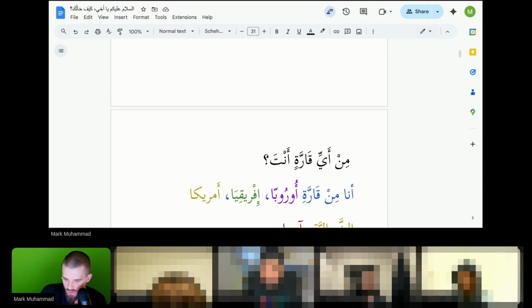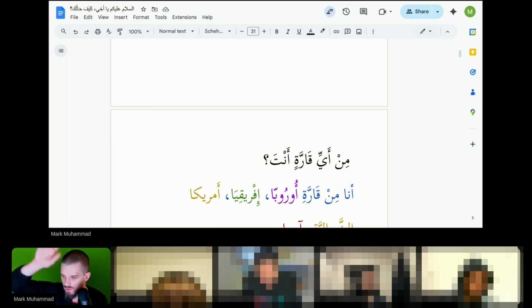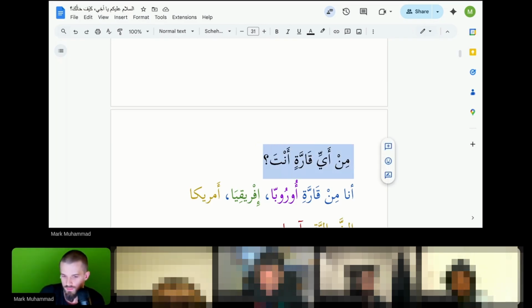Just before you carry on, please, if you guys are listening and you feel like you know this, then don't look at your screen and only listen and see if you understand everything in the conversation. That will help you pick up where your gaps are. If you see it written, it's easier for you. Okay, Bismillah.